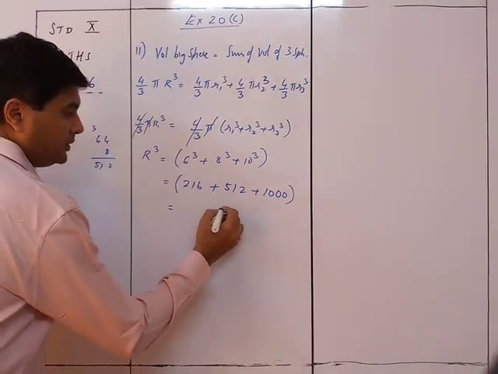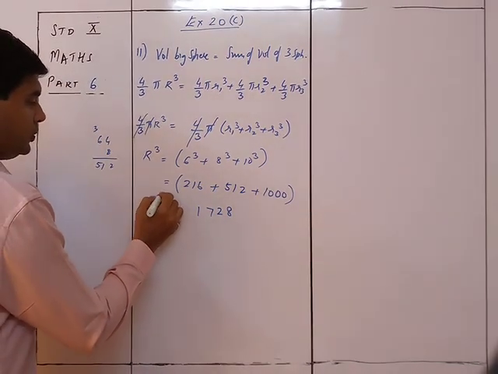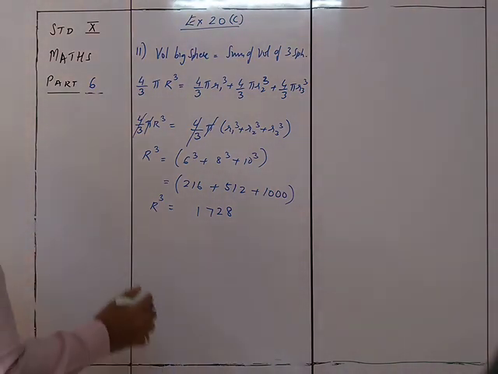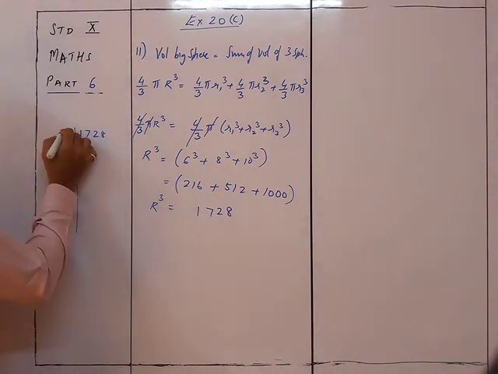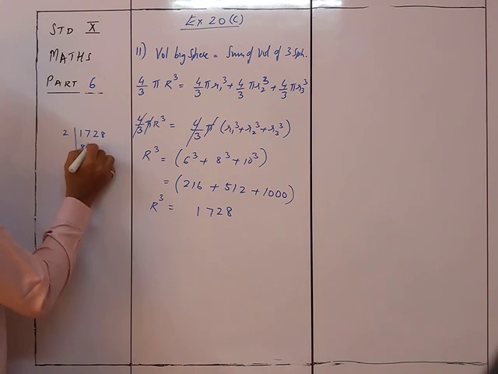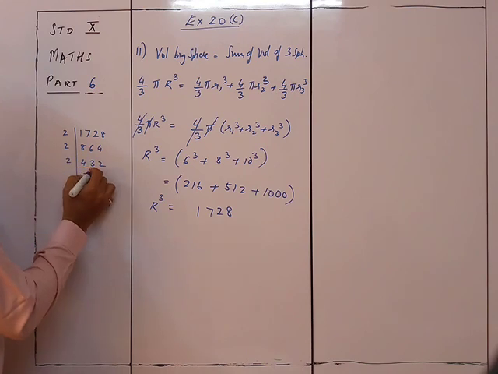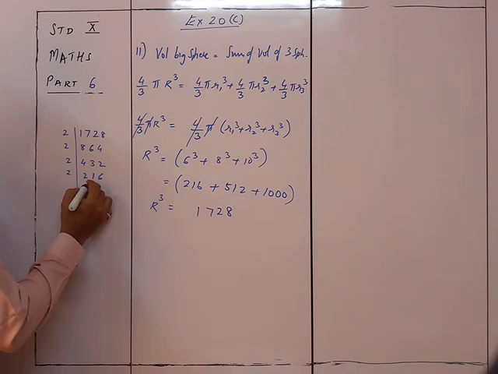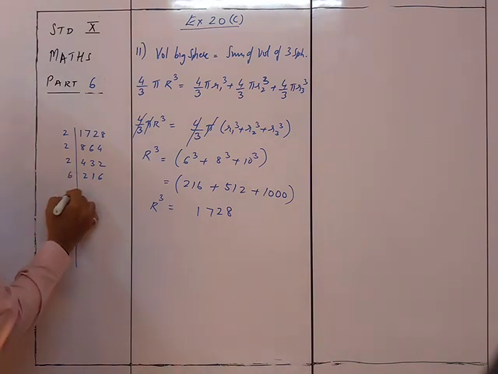So that will give me 8, 2, 7, 1. That is R cube. If you know this is the cube of some number, you can do it directly. I don't remember it. I know it is a cube number, but I don't remember it, so I better use the prime factorization. So 2, it will give me 8, 6, 4, 2, 4, 3, 2, 2, 2, 1, 6, 2. Okay, this is more than sufficient because 216 you know is a 6 cube. So automatically it will be 6, 6, 6.